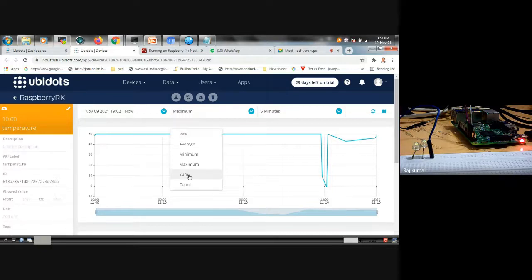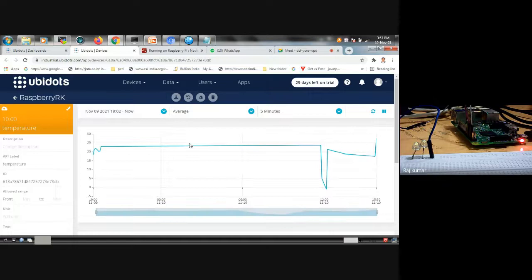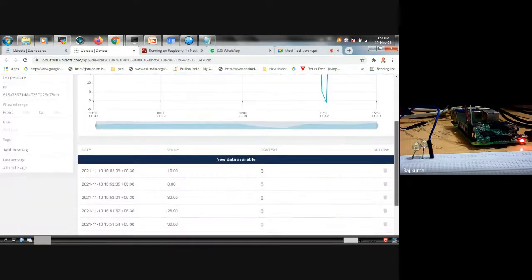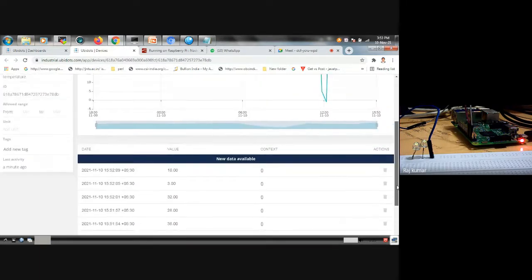Or you can go for the average: what is the average temperature which I collected? So like this, you can go ahead. This is the current data which is not analyzed right now. So new data is available. It is showing like this.